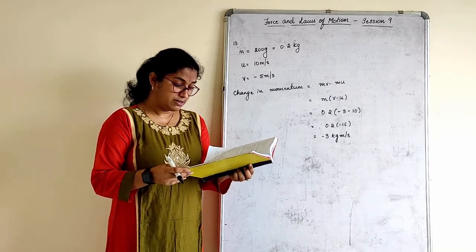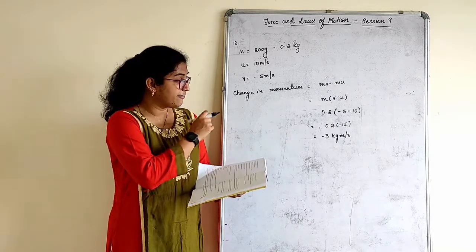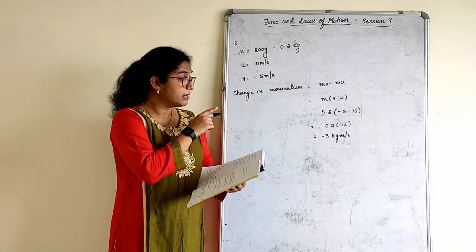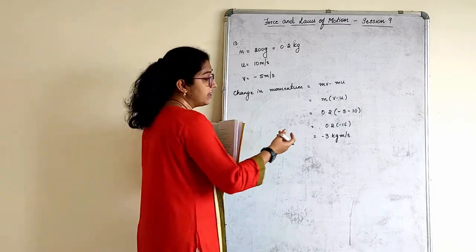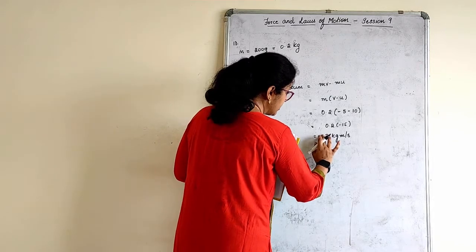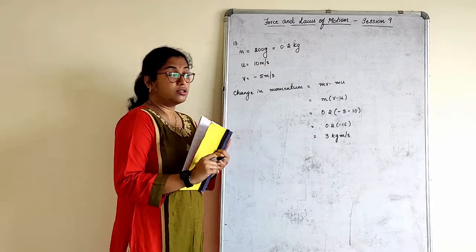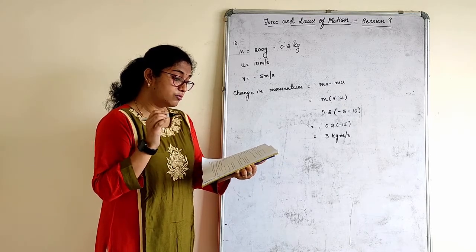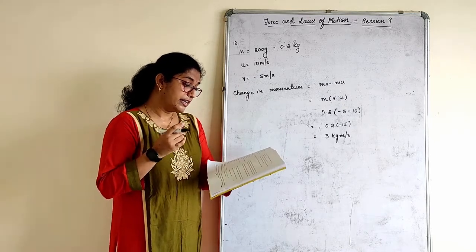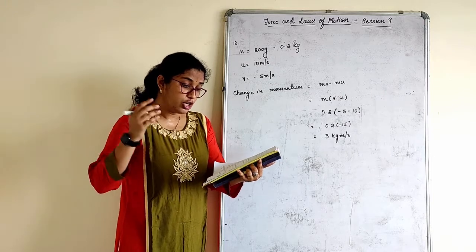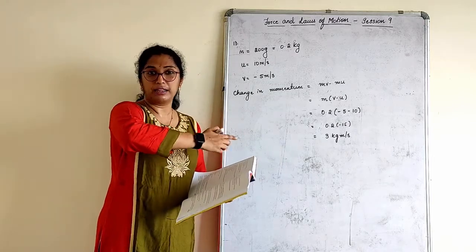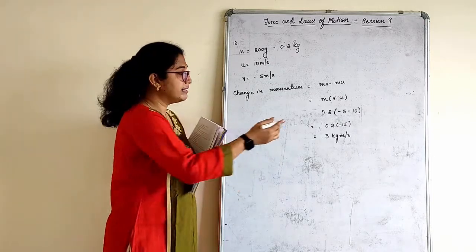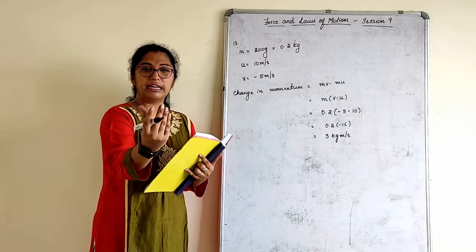Sometimes you will see differences between the book and what I solved in the class, so maintain this. Usually you can also say the answer is 3. What is the change in momentum here? Change in momentum occurred in the motion of the hockey ball by the force applied by the hockey stick to return it to its original path is 3. Or directly, if you write minus 3, it is understood.